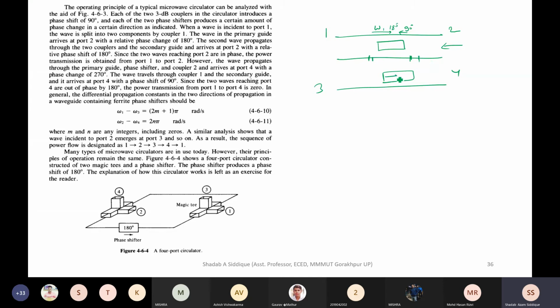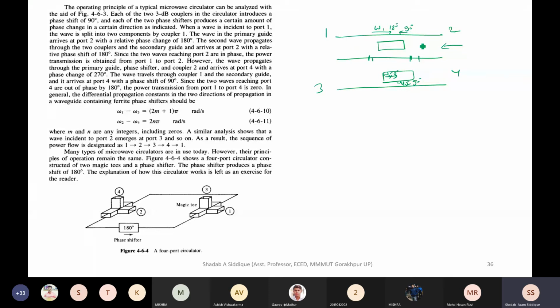Okay, not for only one port. You check and write it down. So this should apply for all the ports. Omega 3 is equal to 0 degree and omega 4 is equal to 90 degree. So let me check omega 4, which is equal to 90 degree. Let me check whether it is working or not.